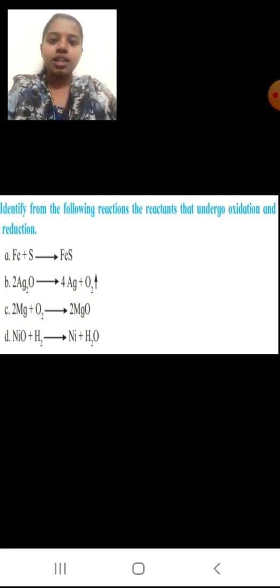Now the next question, again from the same exercise: balance the following equations stepwise. You are going to balance these equations stepwise, as the steps are given in your textbook. No need to explain all the steps in detail, but only write what we are doing in step 1 and step 2, as headings. Now all 4 reactions are given.